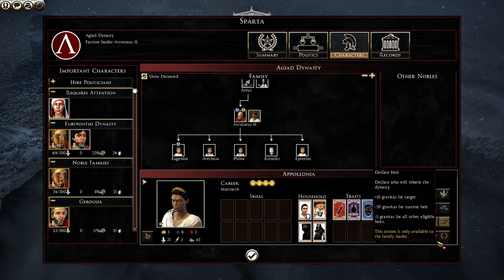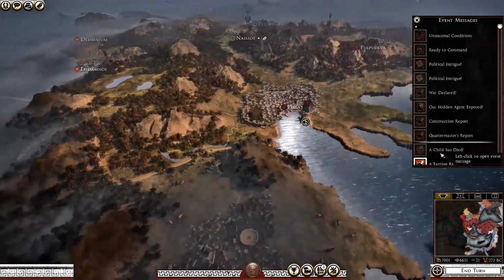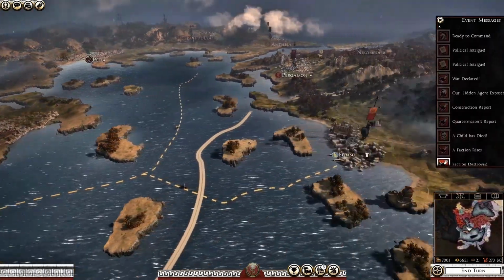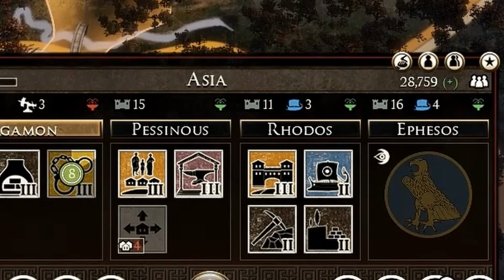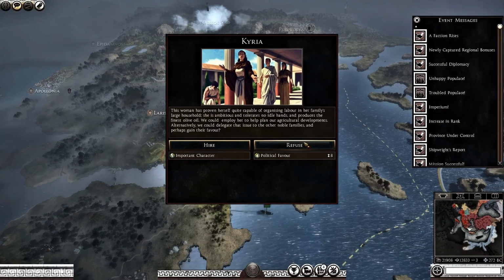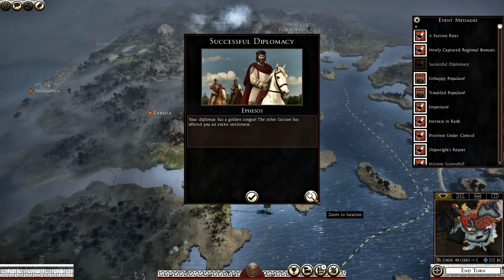5 turns of trying. To give an example of this, in my Pergamon campaign on YouTube, I had conquered most of Asia Minor apart from Ephesus, which was controlled by Egypt. After a few turns of using the diplomatic missions, they gave it over to me and I had the entire